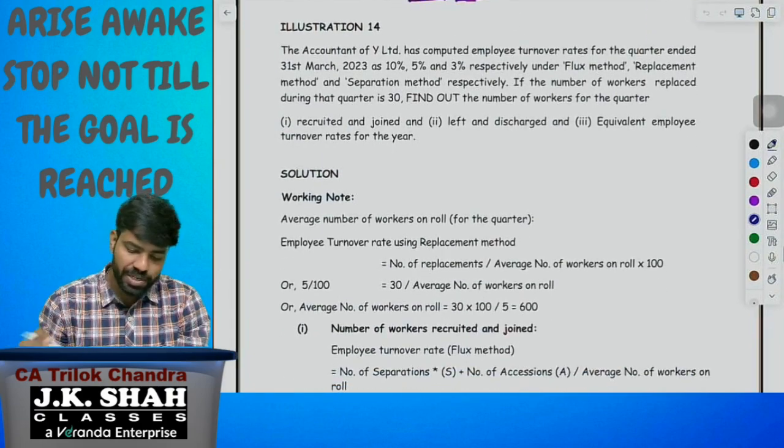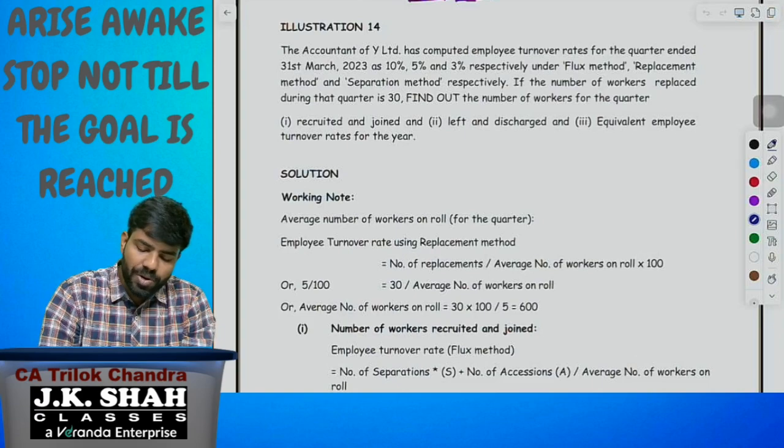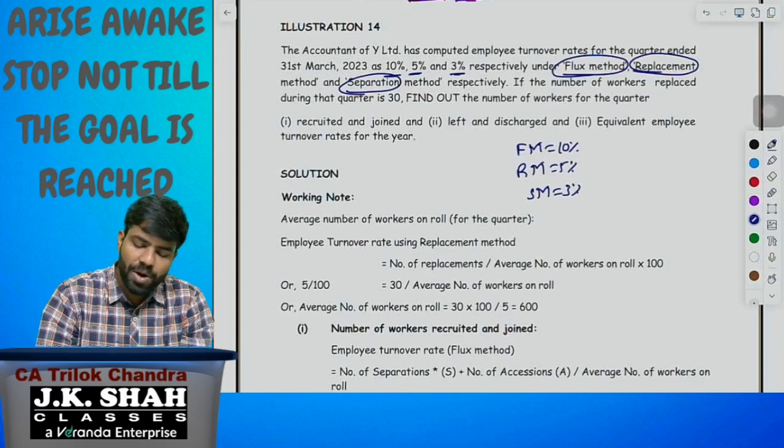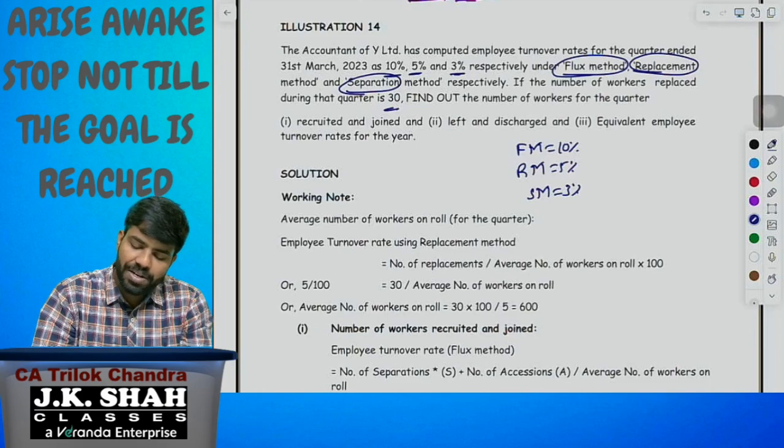Look at question number 14. The accountant of Y Limited has computed employee turnover rates for the quarter ended 31st March 2023 as 10%, 5%, 3% respectively under the flux method, replacement method, and separation method. So flux method is 10%, replacement method is 5%, separation method is 3%. If the number of workers replaced during the quarter is 30, find out the number of workers